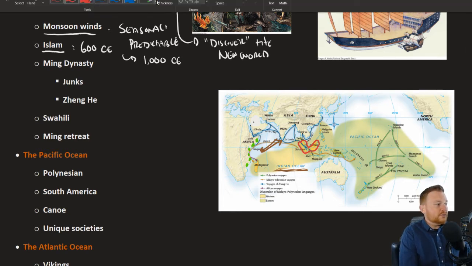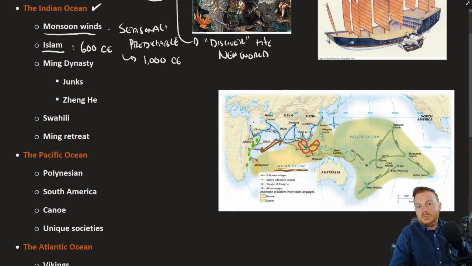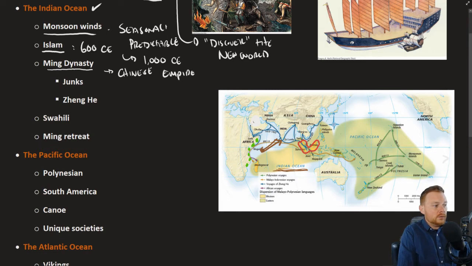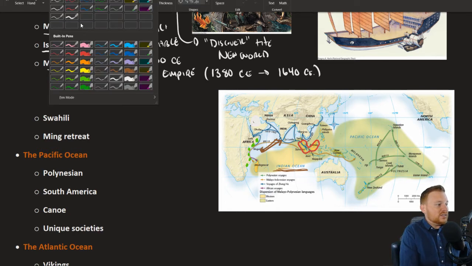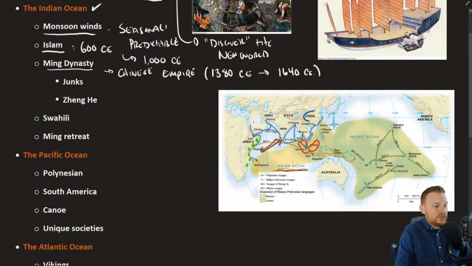However, right on the eve of 1450, it wasn't necessarily Muslim merchants per se, but rather the Ming dynasty, which was the most powerful force in the Indian Ocean, or at least potentially the most powerful force in the Indian Ocean. The Ming dynasty was a Chinese empire, right? Empire that ruled from roughly about, we'll say, 1380-ish CE till about 1640 CE. That's where the Ming dynasty ruled. And again, this was a dynasty that was located in China, right? So it was right here.